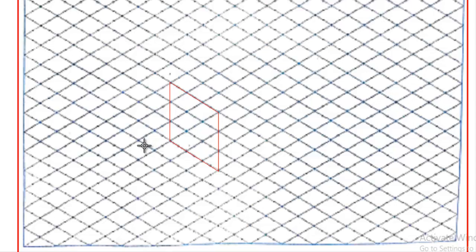And next, how to take the two lines, drawing to the midpoints. Now here, for left side facing, we have to take the left corner first. From the left corner, to the opposite edge midpoint, we have to draw the midpoint lines, and the same way here. Okay, got it? So first we take the left side, then the left corner, and then the opposite corner, and draw the same lines to the opposite edge midpoints.